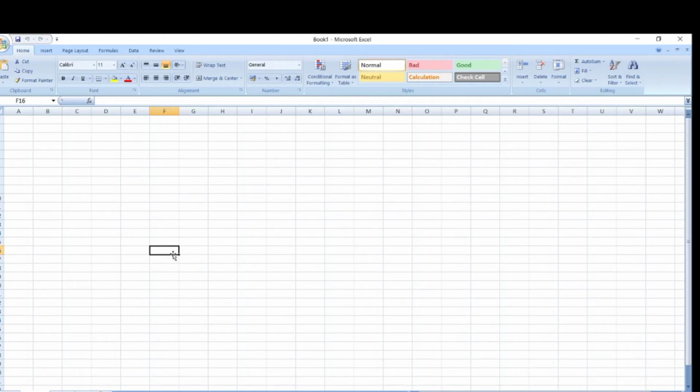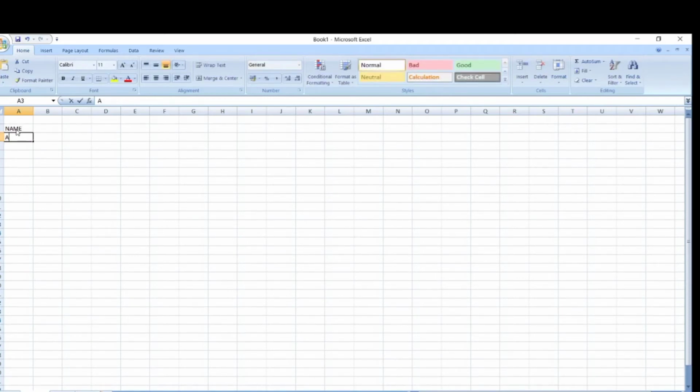Suppose we want to create the sum of any values, so we will use the sum function. For that, first we have to create a mark sheet. Here we will learn how we can enter the data in MS Excel, and after that we will create the sum of that data. Suppose here I have a mark sheet, and I have entered the data of 5 students here.